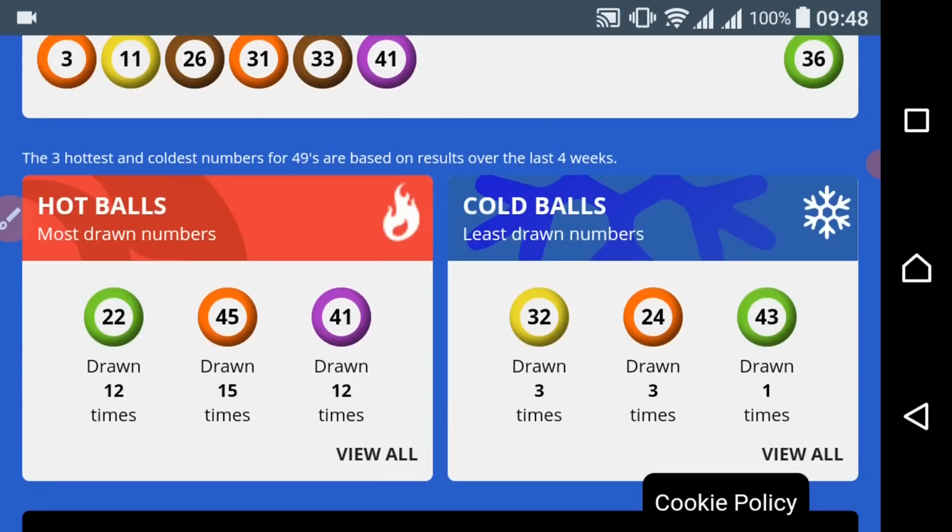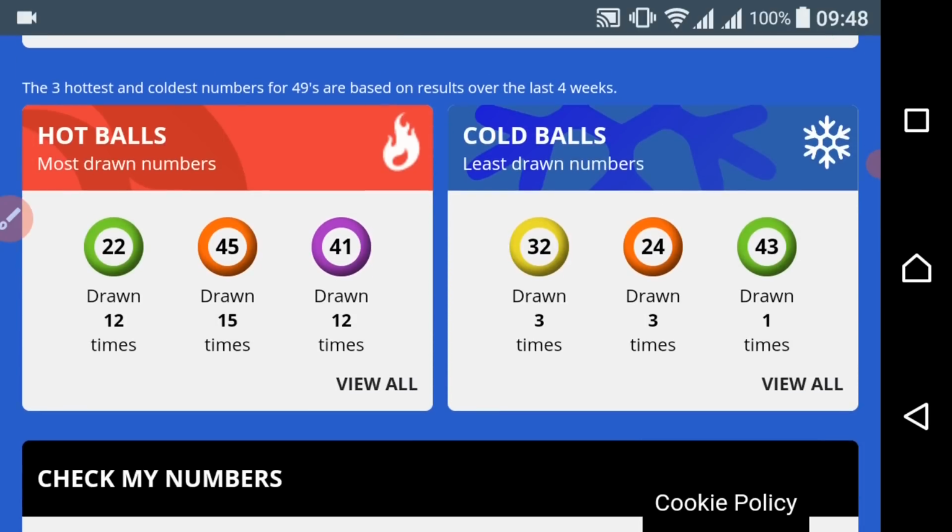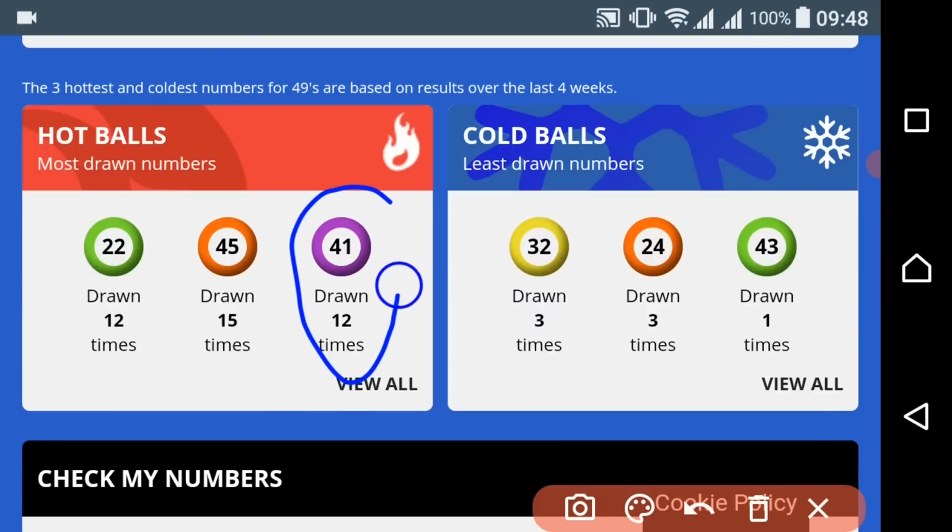We're doing the lunch today. There is something I wanted to highlight on the hot and cold numbers that I would like everybody to notice. If we are going to look into 41, we will go into the previous results. Then we look into 41. How come 41 came to be hot? You will see that there is a number that we must look into